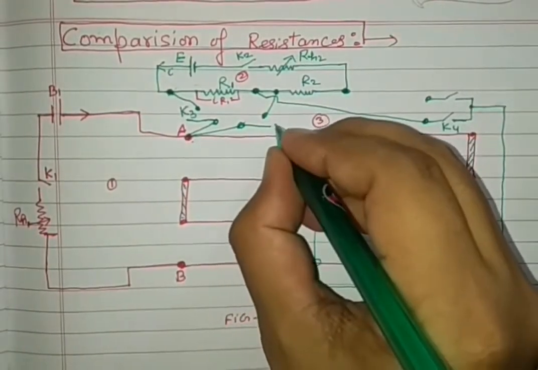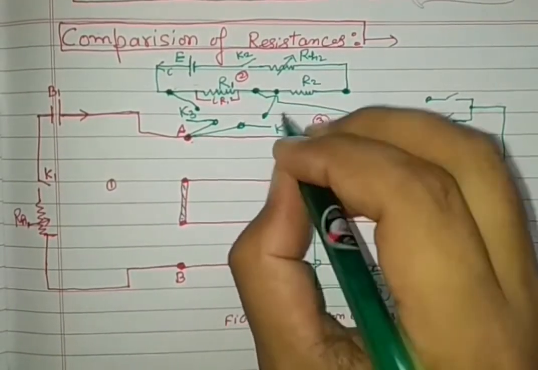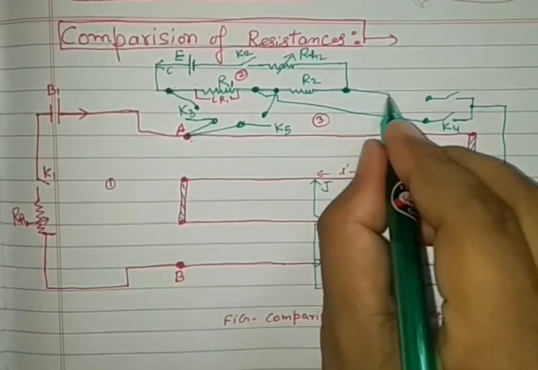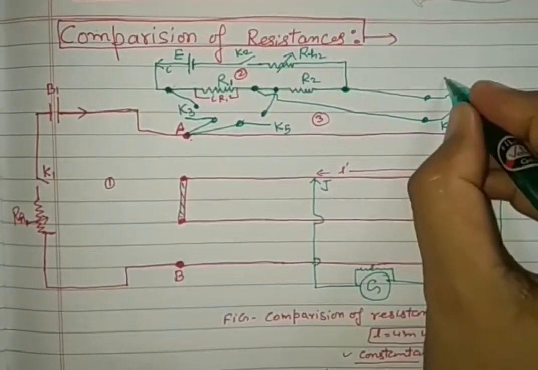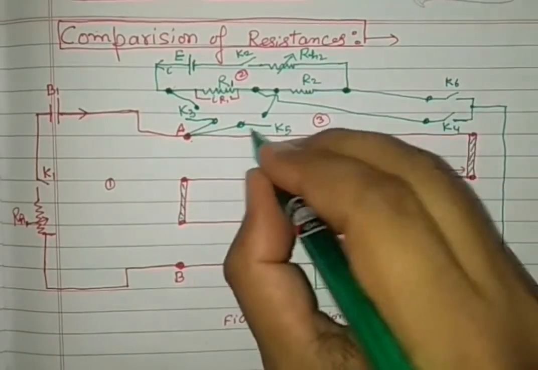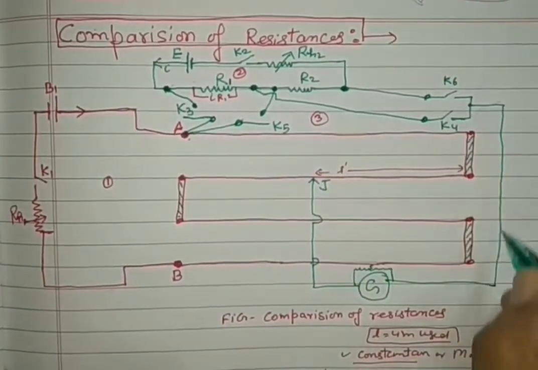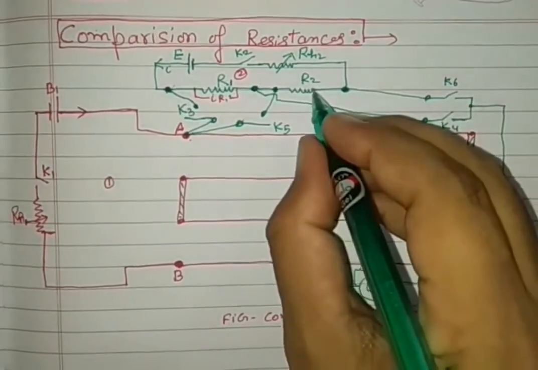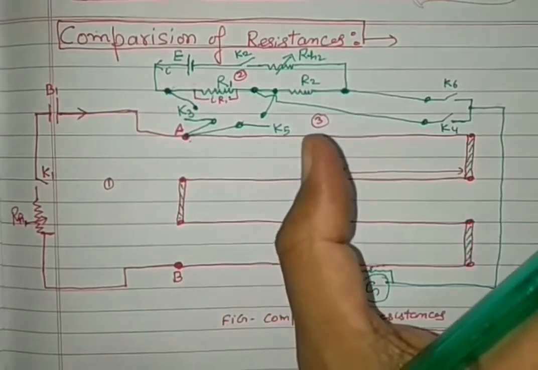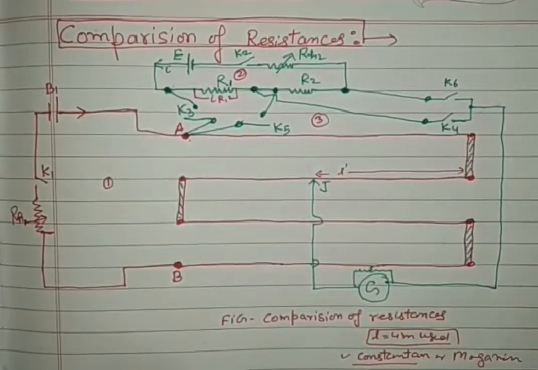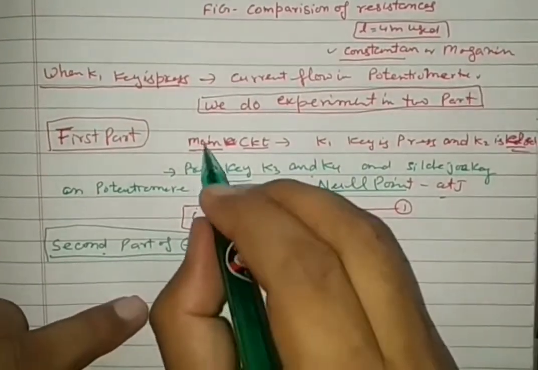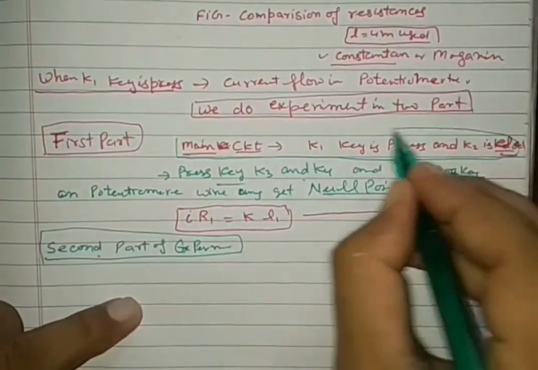Now first see, this is one more key, K5. Now see the connection. Press K5 and come here, K6. Press the keys K5 and K6, and now it will come through this. In that condition, student, the second resistance will come into operation. So you are requested to press. Now see here, this is continued.